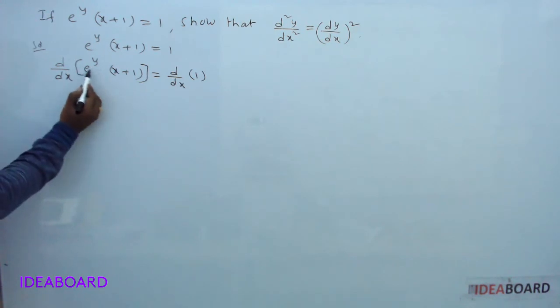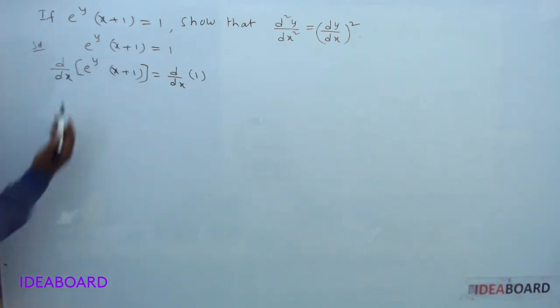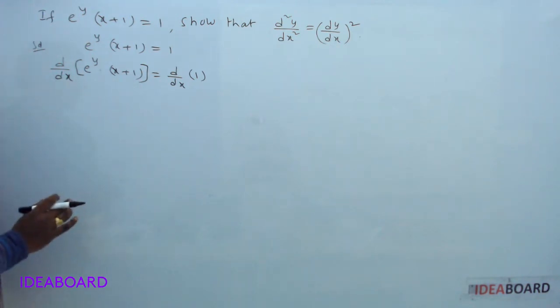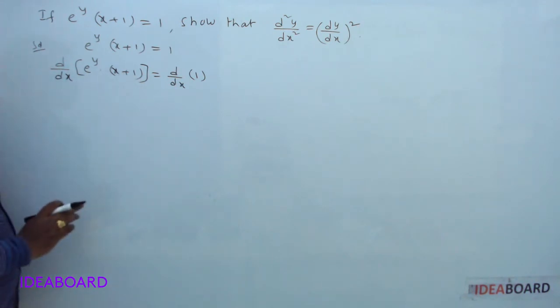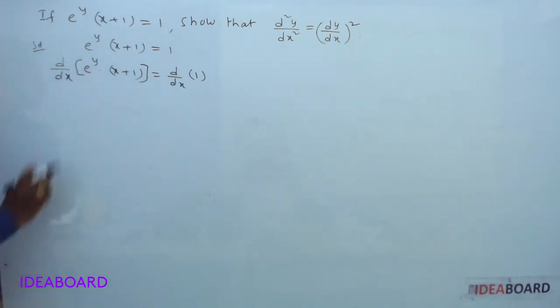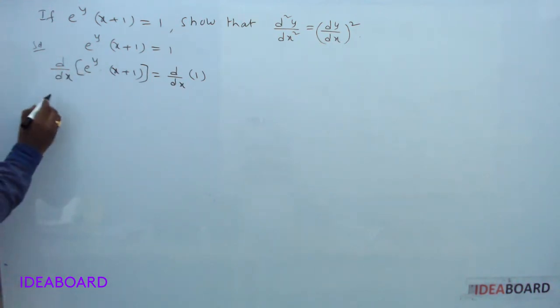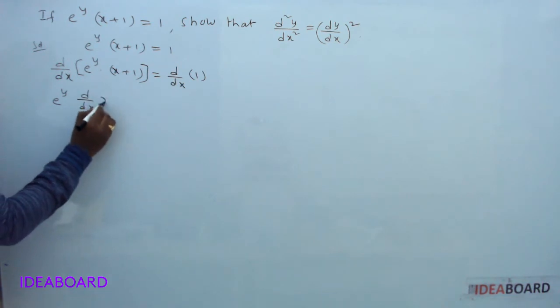Now here is a product of two functions. What is the formula for the derivative of a product? First function into the derivative of the second function plus second function into the derivative of the first function. Now use that. This is e^y into the derivative of